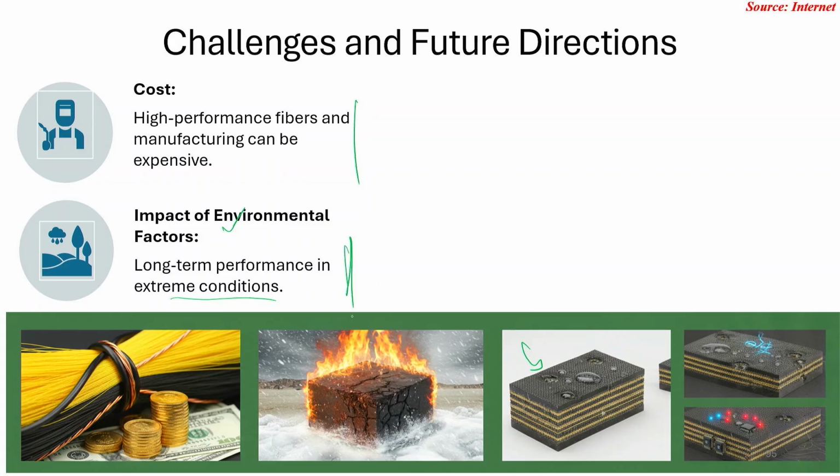Long term performance will be difficult, for that we have to develop fabric, or develop composite in such a fashion that in the extreme condition we get long term performance. So, cost we have to reduce, long term performance we have to enhance for this composite material,